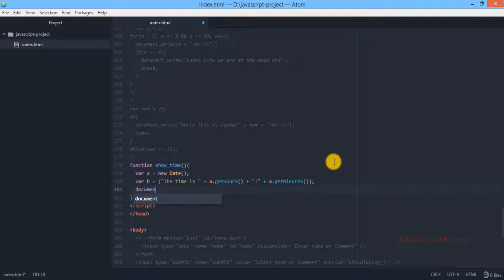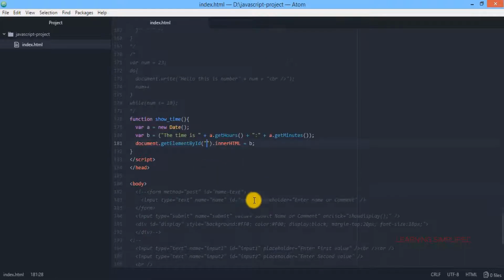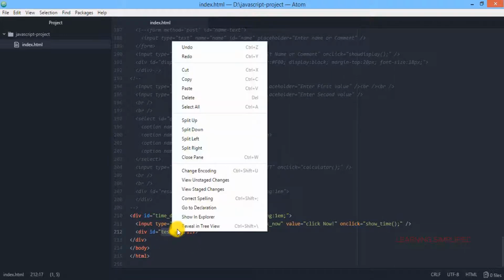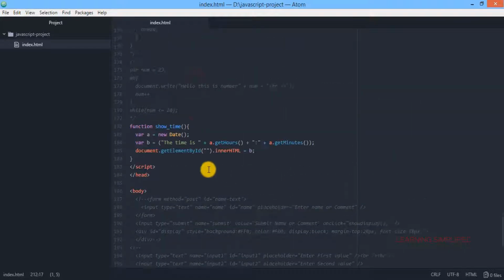Now we can see that here is the gap. All we have to do is use the same ID that we have created in the second case, this ID test1. So we are copying this from here and pasting it over here. Get back to your project and reload. Now if we click here, we can see that the exact time is being shown over here.